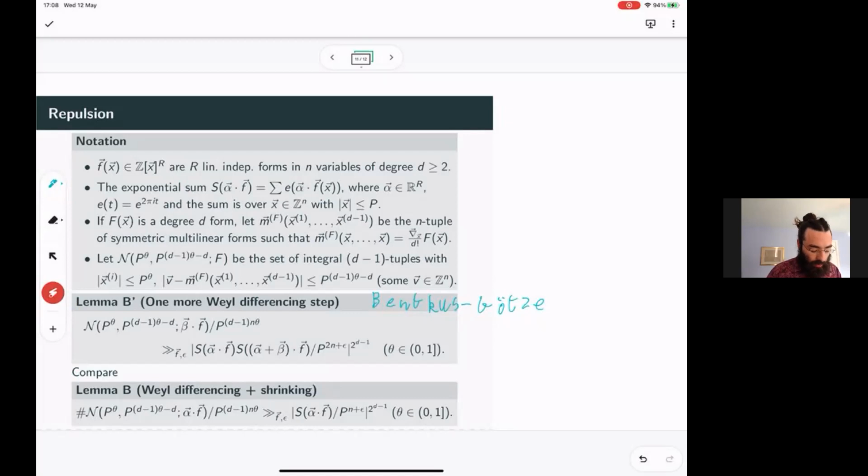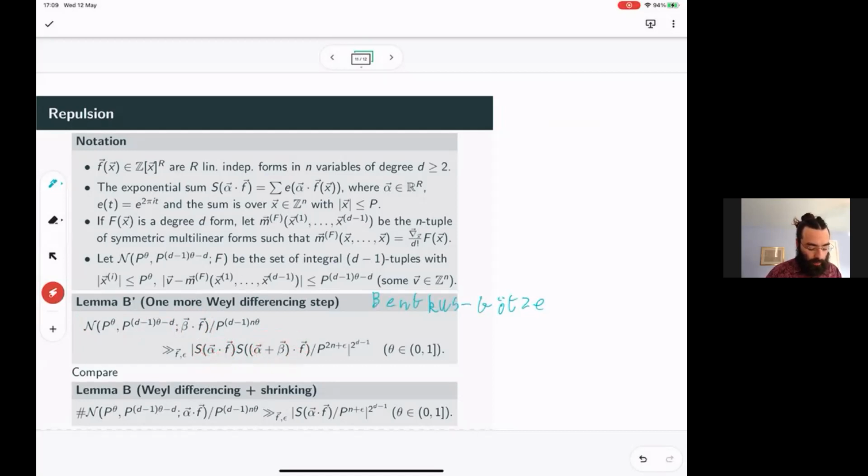And the idea is this. Let's suppose that this exponential sum is large, not just at one point, but at 2 points. Well, in that case, this system of Diophantine inequalities turns out to have many solutions where we plug in the difference between these two